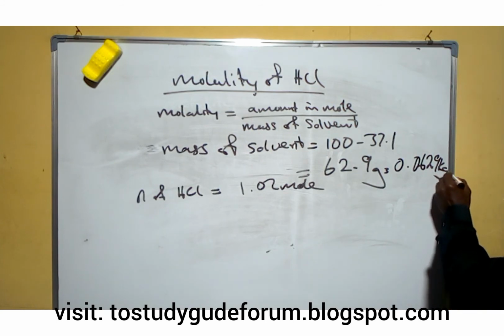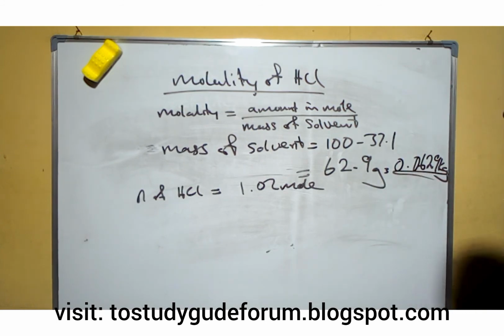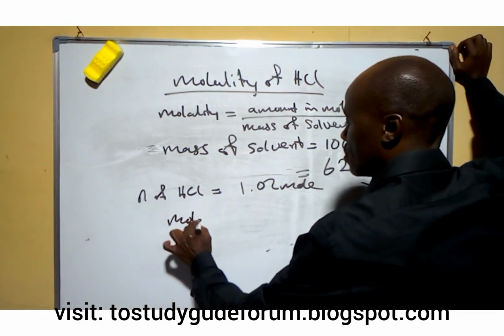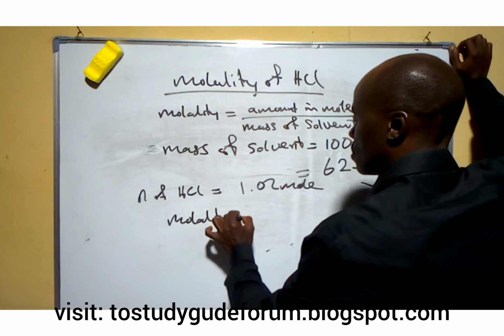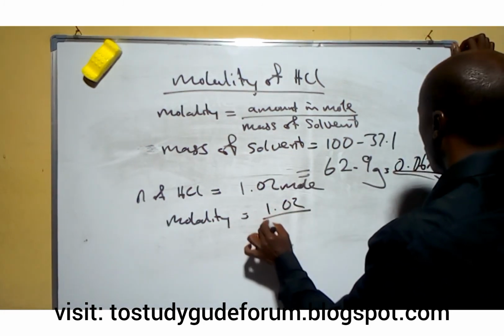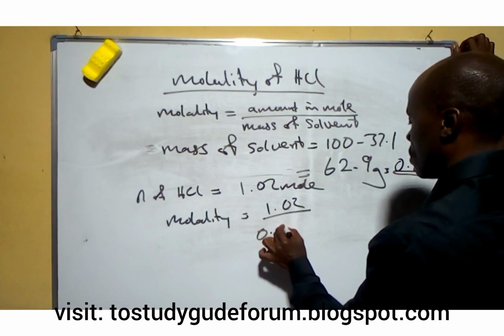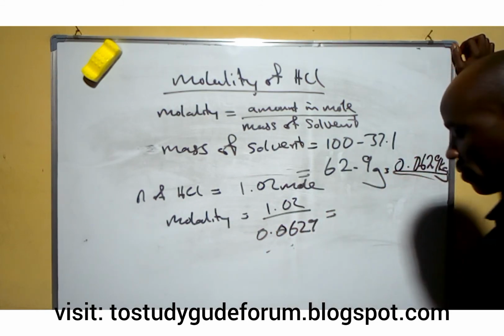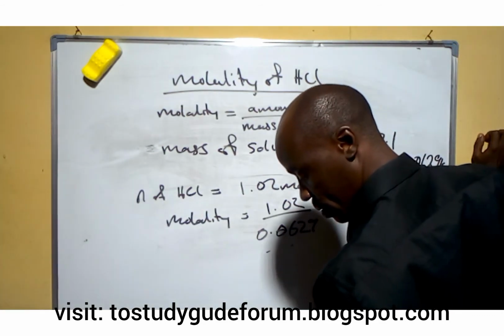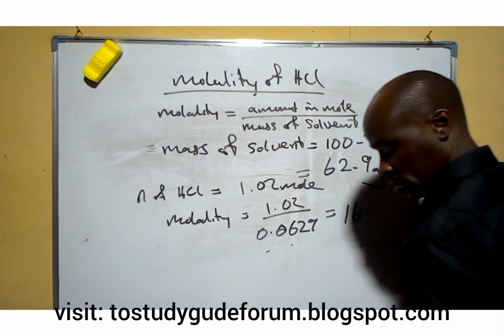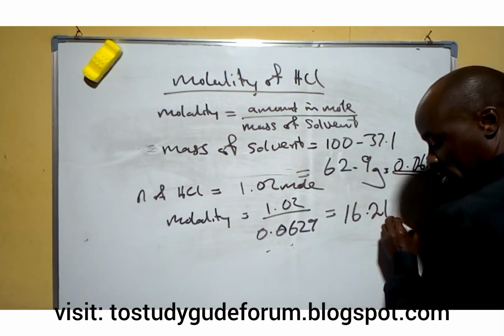So now the molality will then be, by dividing, what we have here should be 16.21